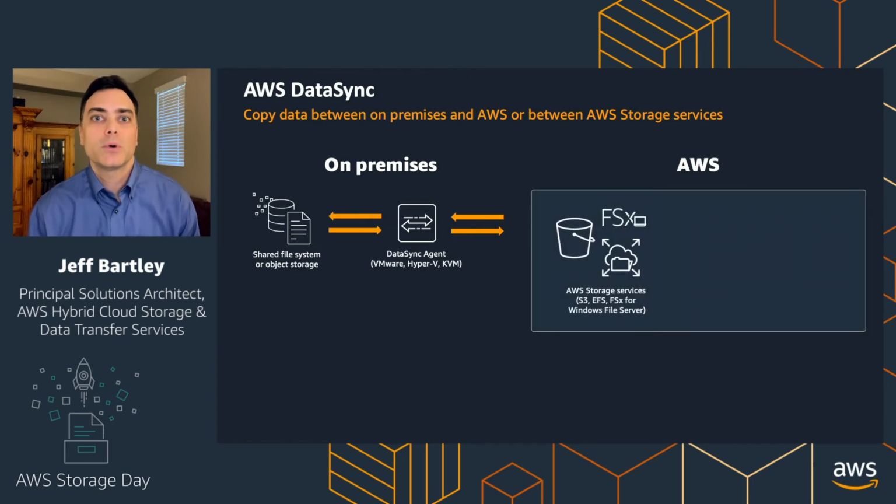And DataSync supports 3 AWS storage services today: Amazon S3, Amazon EFS, and Amazon FSx for Windows File Server. And when you're moving data from on-premises environments up into AWS, you typically deploy an on-premises agent. And that agent is a virtual machine that runs in VMware, Hyper-V, or KVM environments. And it connects to your on-premises storage using standard protocols, such as NFS, SMB, and the S3 for object storage